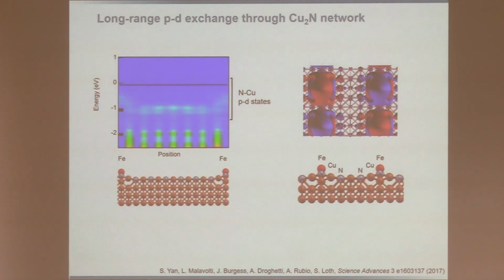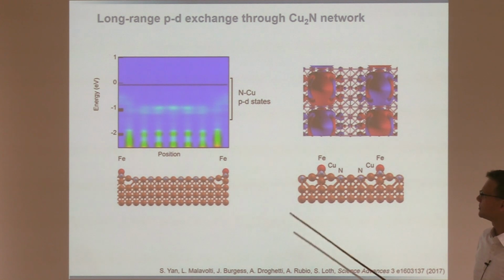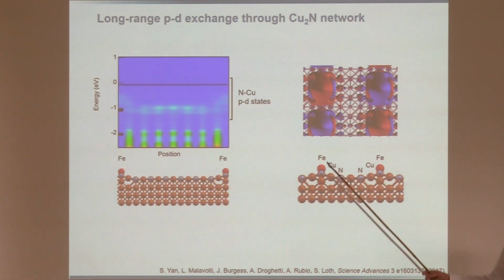Okay, this was quite puzzling because, as Guillaume said, we have an insulating layer there. We're like, this should insulate everything. It turns out this copper nitride layer does not really. We teamed up with Angel Rubio's group, and Andrea Droghetti in San Sebastian did a bunch of large-scale VOPc calculations